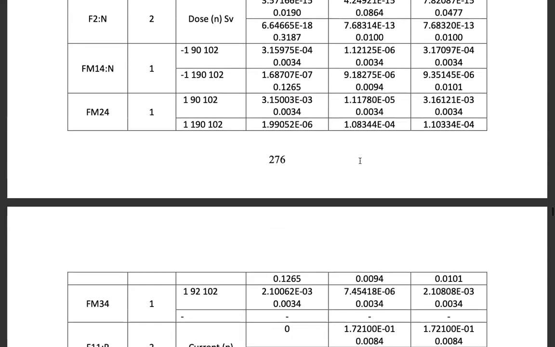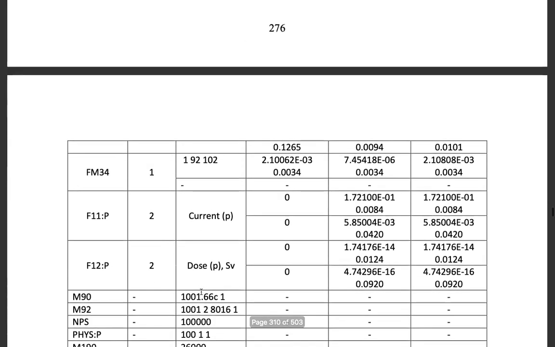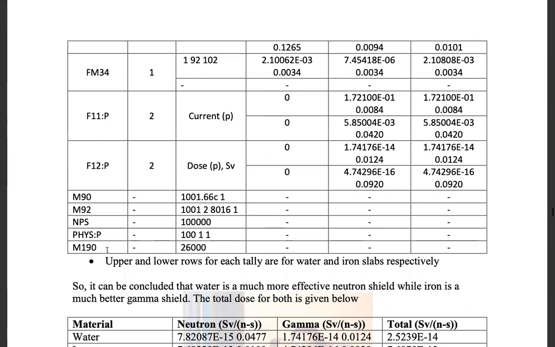Okay, now let's look at without the -1 sign, so let's not multiply, so these two are the same, so I won't discuss that. Now let's come to photons. When you come to photons and you see that F11 is like the F1 tally, so 1, 11, 21, 31, and so on, represent a current. When you have a P after the colon instead of an N, then you've got a photon current, a gamma current. So gamma and X-ray current across the right surface, surface 2,